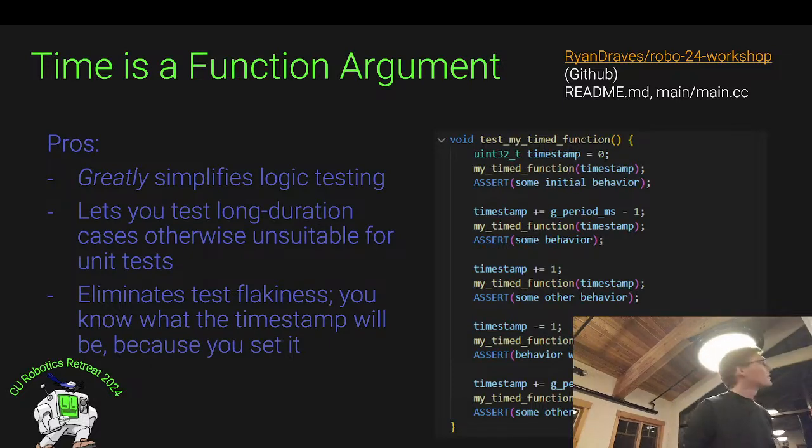And if you had a timing requirement that was not just like 10 microseconds like the sensor needs, if it was something like 5 minutes, this is where it becomes really important. If you have this system that has this long boot-up sequence or warm-up sequence or whatnot, and you're waiting 5 minutes to test every edge case, you're not going to run that test very often. You're going to hate it and despise it. But if you rewrite the function where it can take this 5-minute thing and turn it into like a microsecond thing, because you just go through this quickly, you'll run that test all the time.